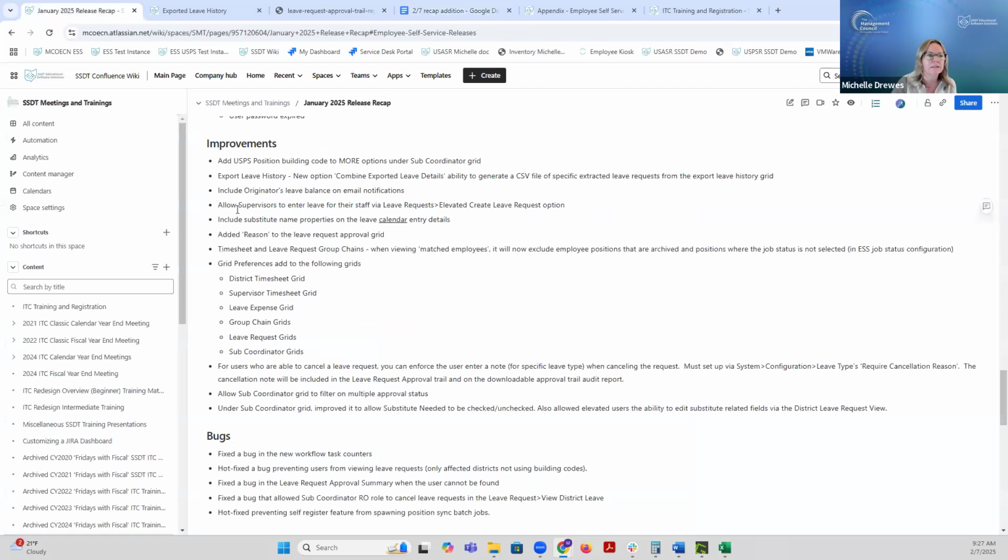And let's see. Allow supervisors to enter leave for their staff. Yeah, this is a nice enhancement as well. So, we've got a lot of feedback saying that the originator is off for the day. That leave request needs to be created. So we need to get that in. So instead of just leaving that on, maybe, the leave manager or district manager,